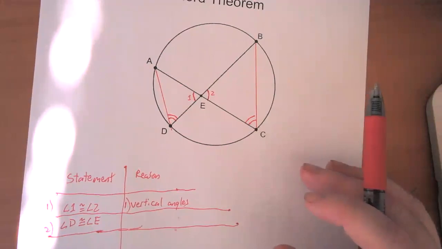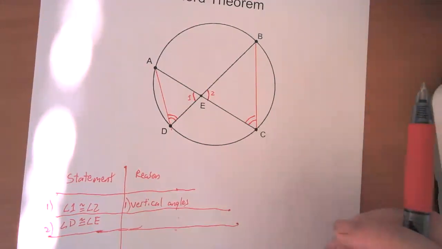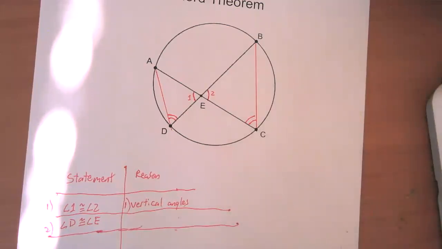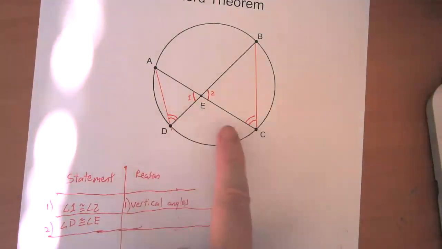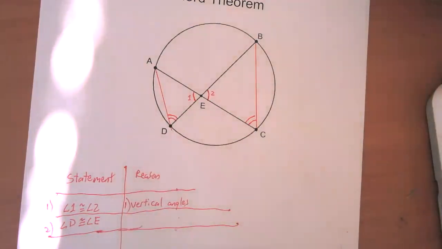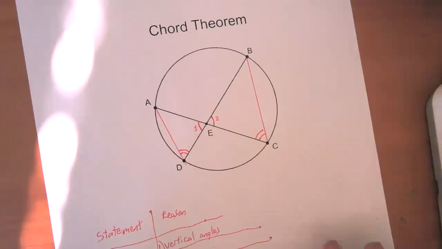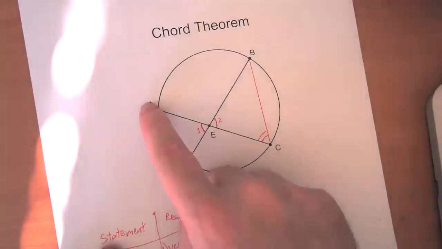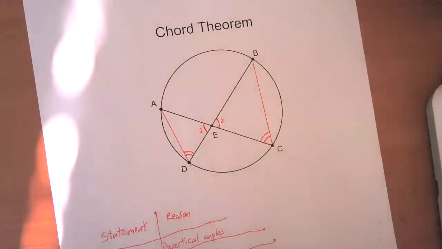Unfortunately, there is one in this case. Can you spot it? I'll give you a hint. It's a video that I posted a little bit earlier in this playlist. Well, let's think about angle D and angle C. These are both inscribed angles. Let's take a look at the arcs that they subtend. So if it's hard for you to spot, going from A to D to B, if it's hard for you to spot that arc,